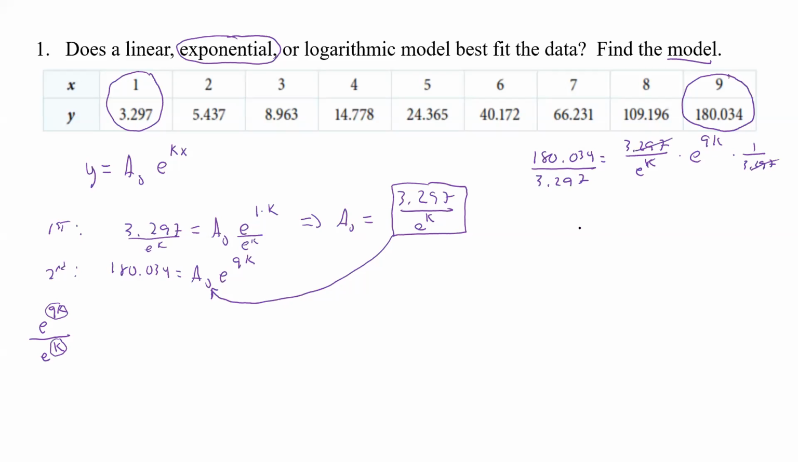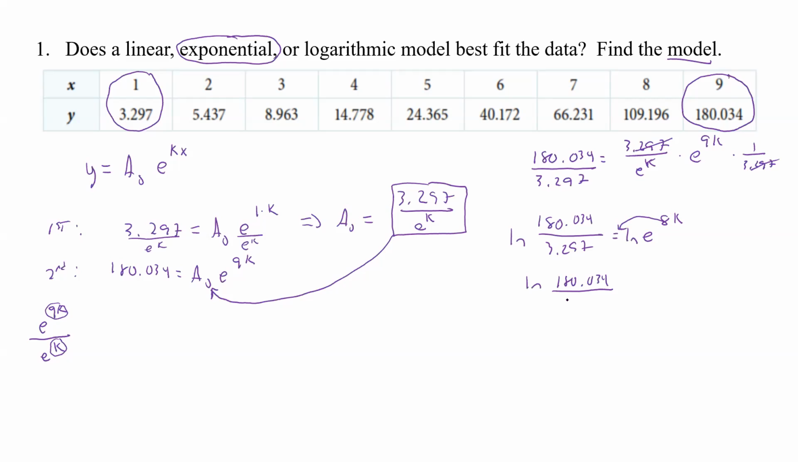And so what we have is 180.034 over 3.297 equals e to the 8k. And again, we just subtracted those, and we got 8k. Now, how do we get rid of that exponent? Well, we take the ln of both sides. That then comes down in front. And so we have the ln of